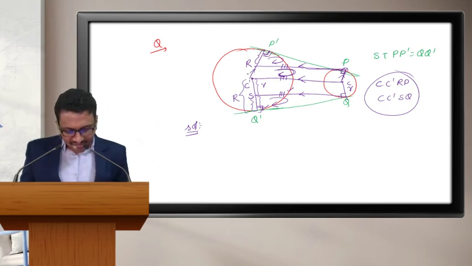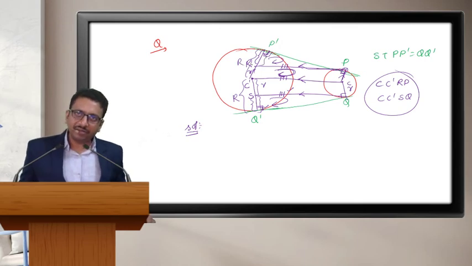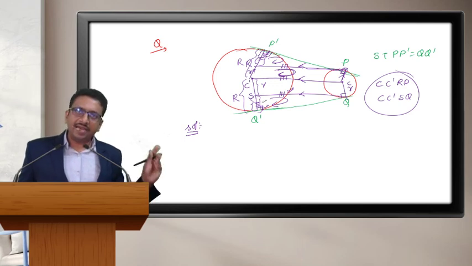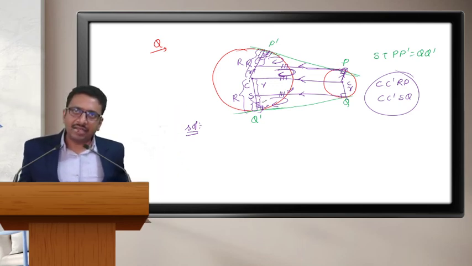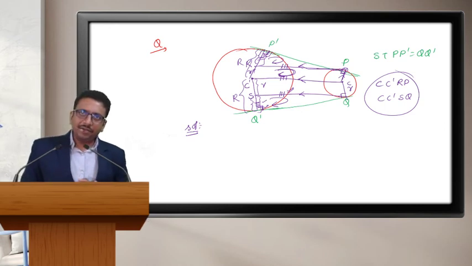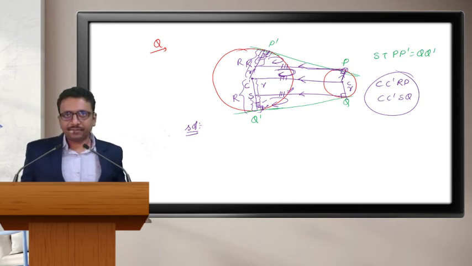Yes, sir. So here also you have the same figure, smaller. This is capital R, so this is capital R minus smaller, right? So the third side is equal to the third side. Hypotenuse is same. Side is same. And you have an angle of 90 degrees in both the triangles. Hence the triangles are congruent to each other. Hence PP dash is equal to QQ dash.